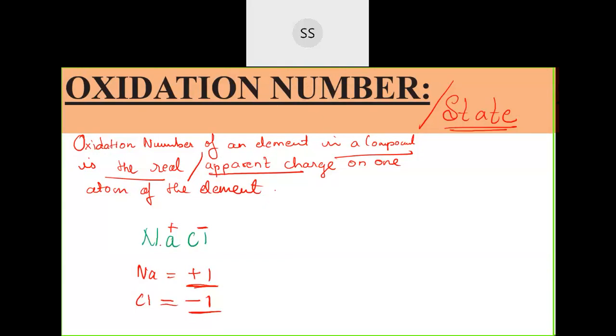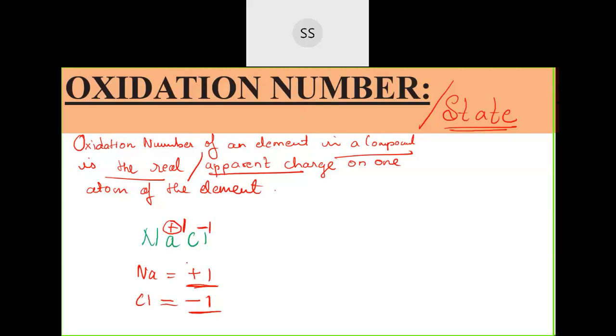No, in this NaCl bond, you're asking how it is +1 and -1, no? Now, in the NaCl bond, what is the charge of sodium here? Sodium has lost one electron, correct? Sodium has lost one electron, so it is +1. And chlorine has gained one electron, so it's -1. Due to this plus and minus charge, they are held with each other. So it is +1 and -1, okay?